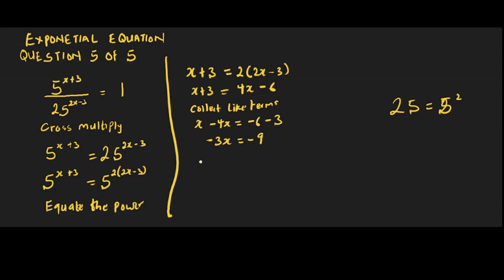Now we need x, so we divide both sides by minus 3. So we have minus 3x over minus 3 equals minus 9 over minus 3. Here minus 3 cancels minus 3. Here minus cancels out, minus 9 divided by 3 is going to give us 3. So x is equal to 3. Surely,